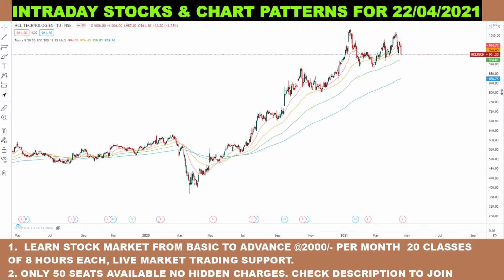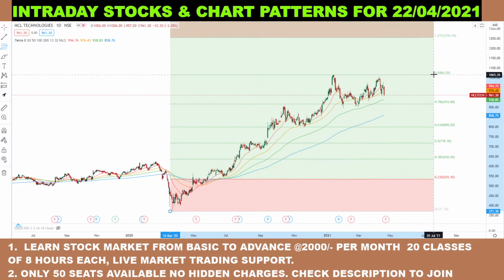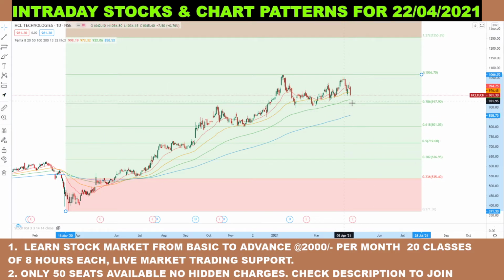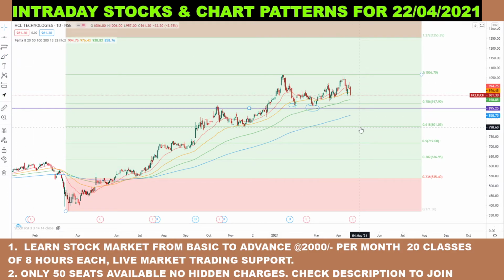And one more thing, if you draw the Fibonacci levels for this stock, you will find that 920 rupees is also a 23% correction from the lifetime high of this stock, and the stock has actually made this correction twice, here and here. If the next time the stock goes below these levels, then it will come for 858, then 801 rupees. Why 858? See, 858 will act as a dynamic support for this stock.